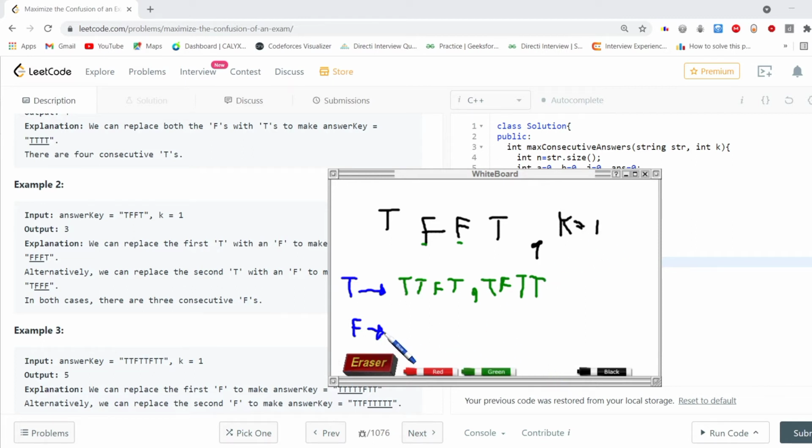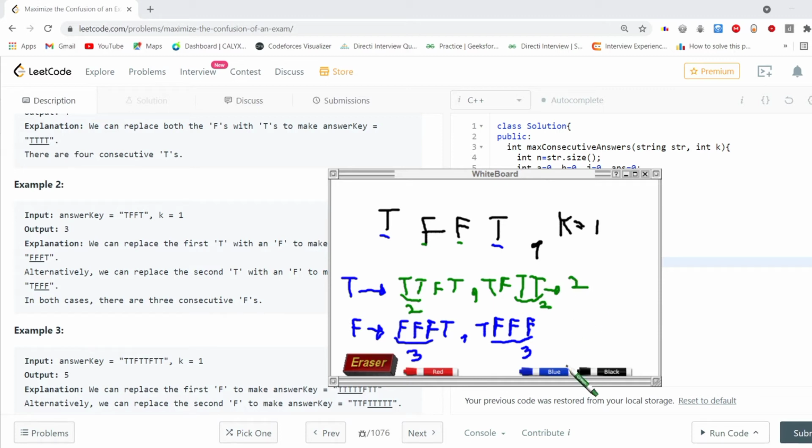Or if we want to make max consecutive F's, then we can change this T to F or this T to F. We will be getting F, F, F, T or T, F, F, F. Here the max number of consecutive F's is 3, and here also 3. The max number of consecutive T's here is 2, and here also 2.